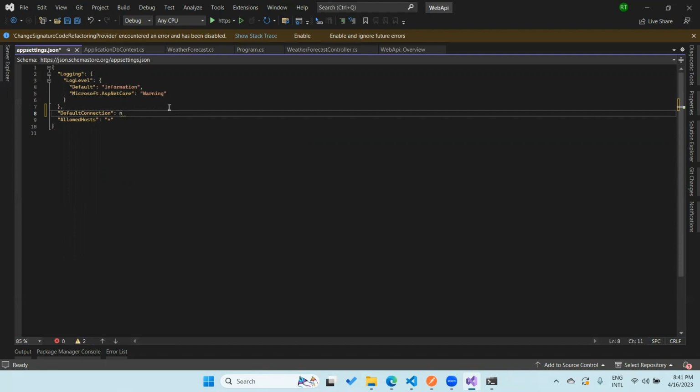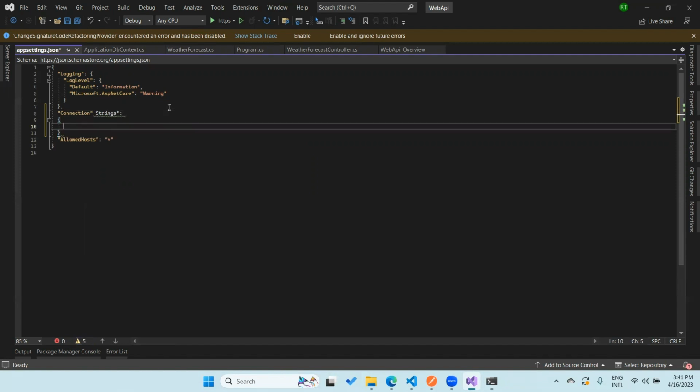Let's just say this as ConnectionStrings, and inside that let's add DefaultConnection, and inside DefaultConnection we need Server is equal to, let's just say dot is for localhost,